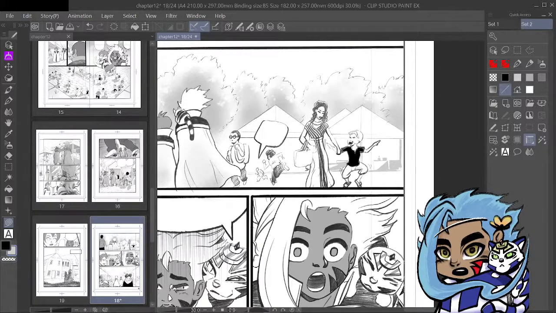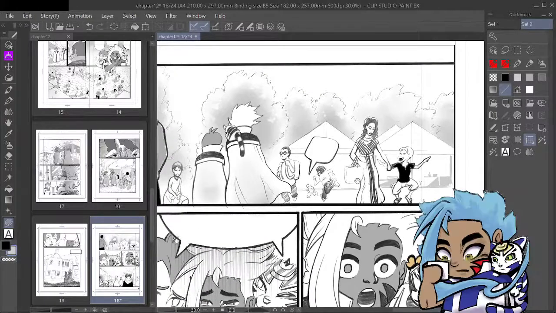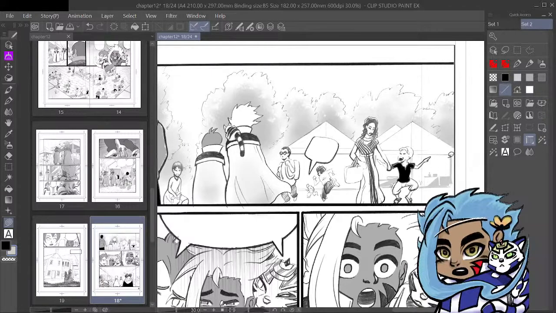Just kind of drawing with the shape tool right now. Can be pretty fun. Adding more to my background that I've established.